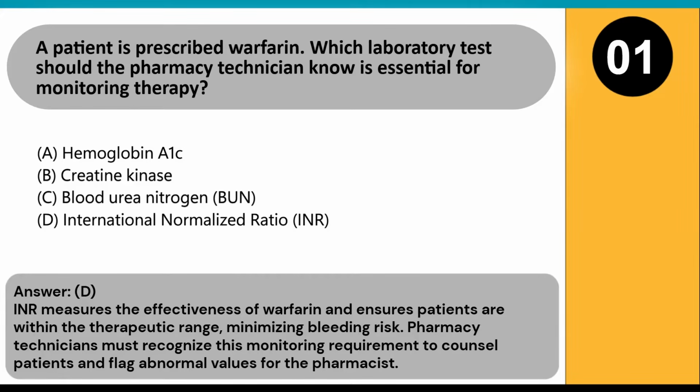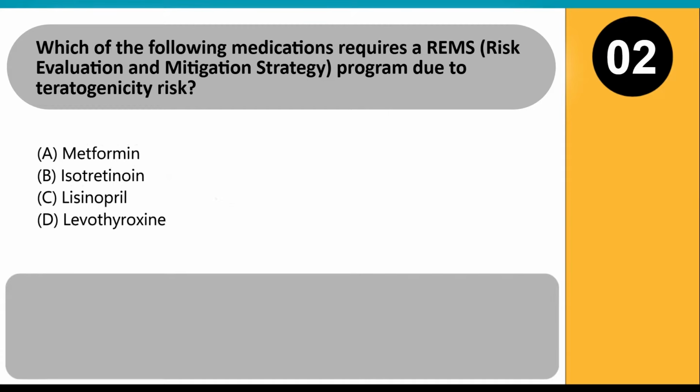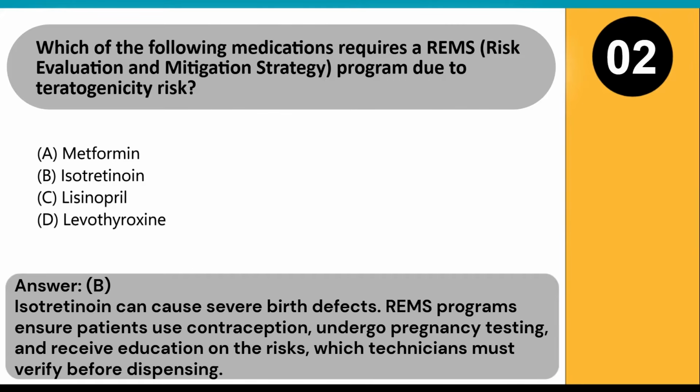Pharmacy technicians must recognize this monitoring requirement to counsel patients and flag abnormal values for the pharmacist. Which of the following medications requires a REMS, risk evaluation and mitigation strategy, program due to teratogenicity risk? A. Metformin. B. Isotretinoin. C. Lisinopril. D. Levothyroxine. Answer, B. Isotretinoin can cause severe birth defects. REMS programs ensure patients use contraception, undergo pregnancy testing, and receive education on the risks, which technicians must verify before